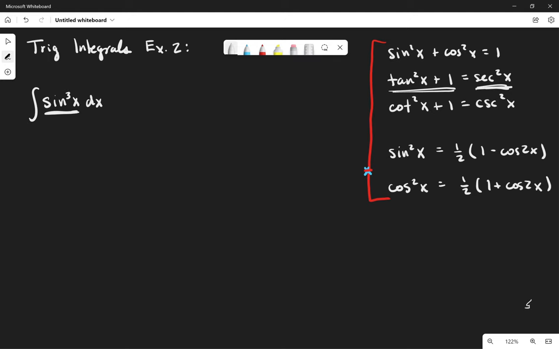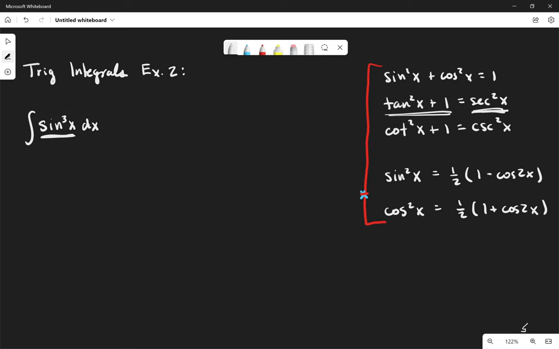grapple onto. So what I'm going to do is turn to this trig identity here. This is really the only one I think that's going to be useful because it's the sine cosine one, and I have something in terms of sine squared. So I'm going to write this in terms of sine squared. If I break one of these off, and if I use the identity,